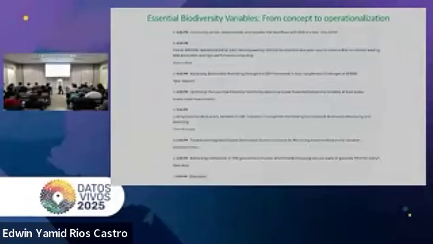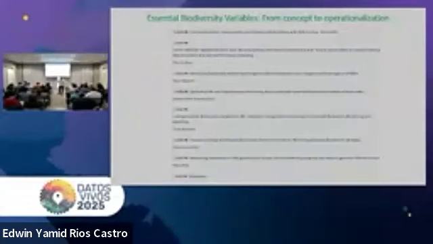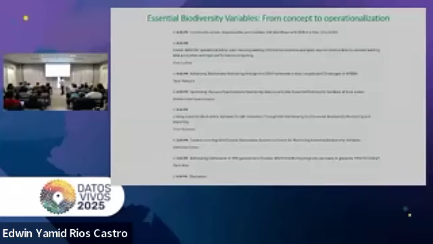So we have a number of talks in this session. For example, starting with BON in a Box, which is a tool that will allow developing workflows and producing essential biodiversity variables through automated pipelines. Then other talks will speak about the networks that we need to build those EBVs and how to develop them. And then some other talks about the specific ways of doing those workflows. So with that, I'm going to introduce first Jordi, thank you for coming again, and the floor is yours.